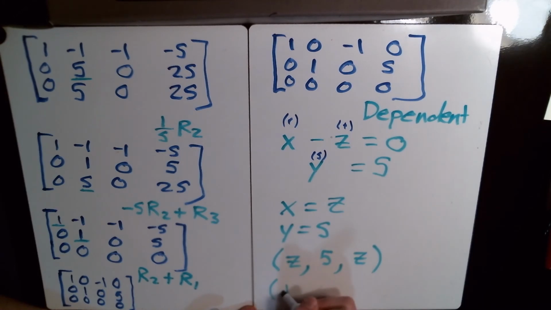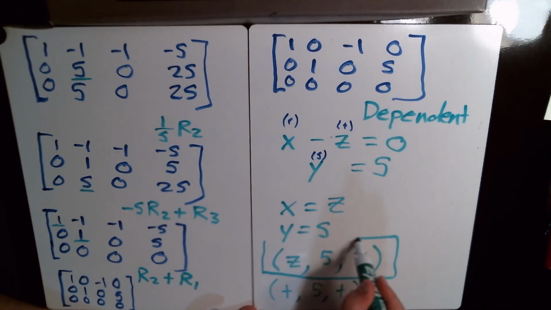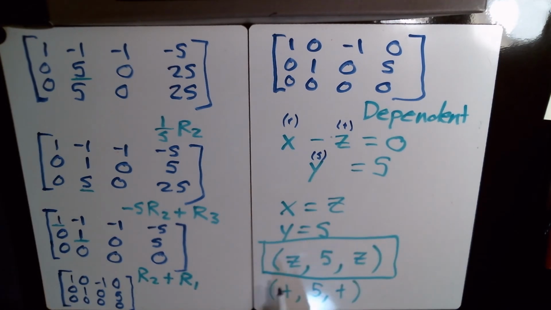Usually I think the book uses t, so I'll use t. Okay, so this would be the solution for any z you can put in here, and if the first and last coordinates are the same and then 5 in between them, it will be a solution of this system. Okay, so hopefully that kind of helps